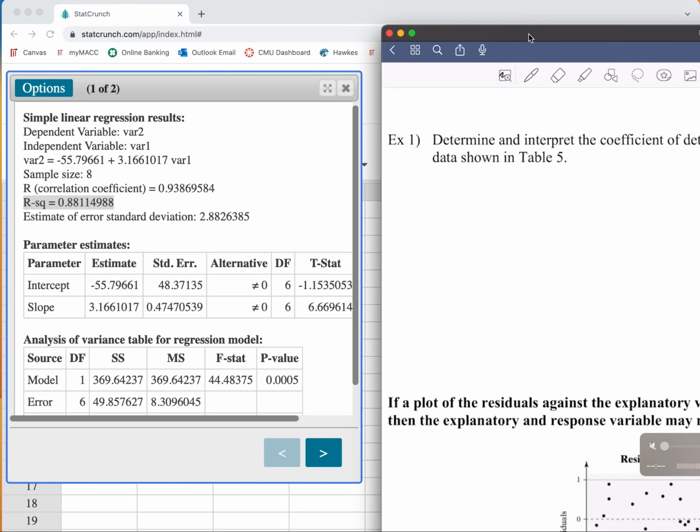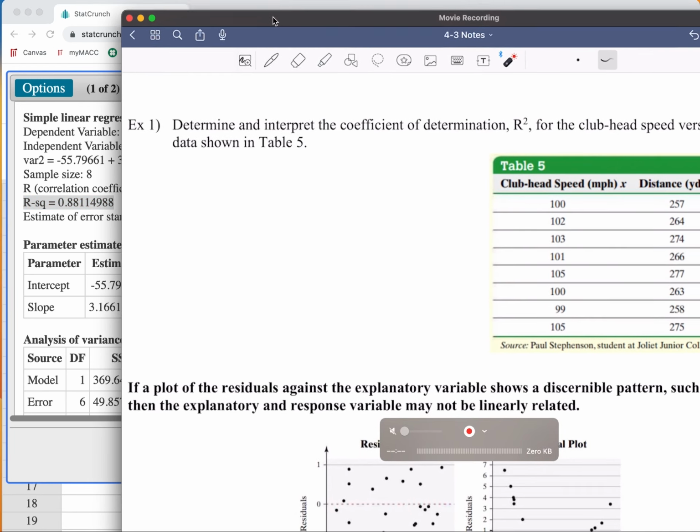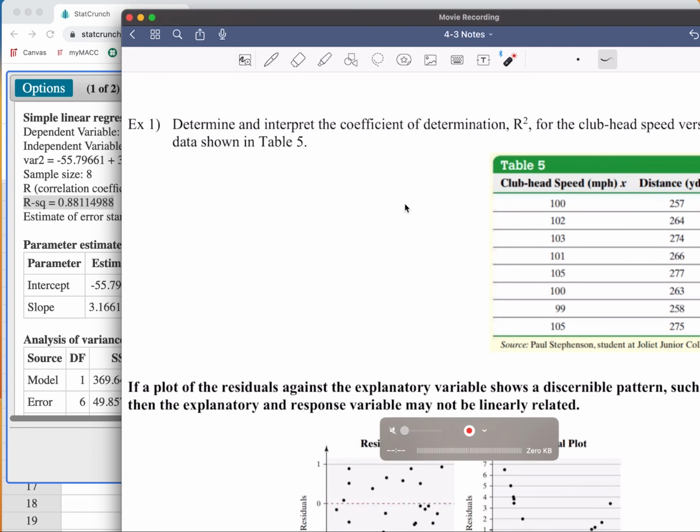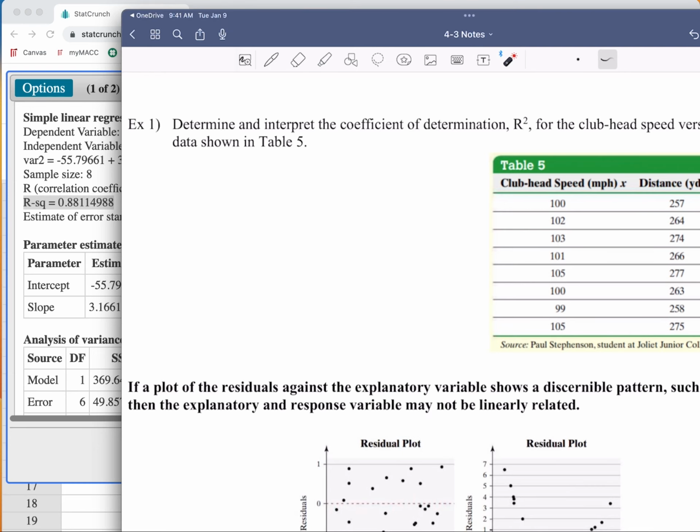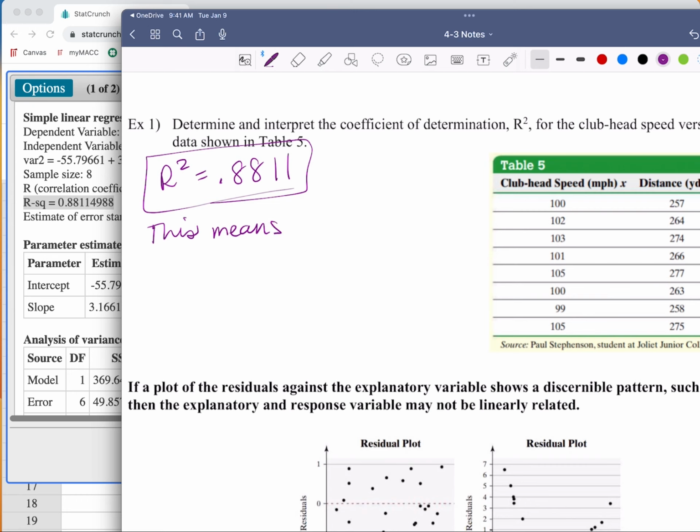You can also get your handy dandy calculator out and you can square your correlation coefficient, which we figured out previously. So however you want to do that, R squared is going to be 0.8811, because I'm going to go to 4 decimal places again. So we're looking at that, we're rounding it because it's a 4 afterwards. So that is my coefficient of determination. This means